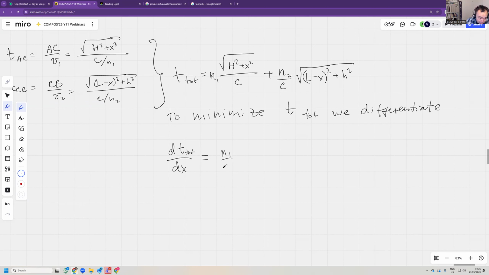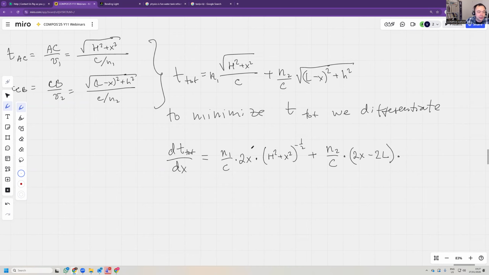So n1 over c, we use the chain rule here, multiplied by 2x, multiplied by h squared plus x squared to the power minus a half, plus n2 over c, multiplied by 2x minus 2l, multiplied by,